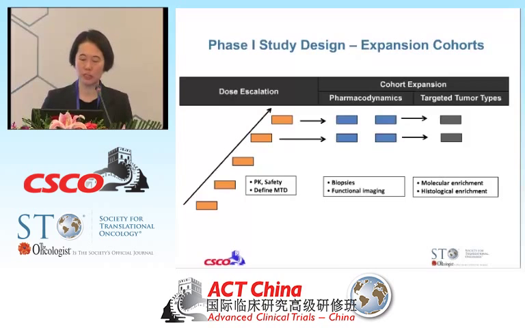Or another reason is you want to start thinking about where to go next. So you're looking at either molecular enrichment. If you weren't going to enrich from the onset, you want to start enriching only at the MTD or recommended phase 2 dose. You might want to do it in the expansion. Or histological enrichment, where you're only interested in certain tumor types. You want to start looking at that. I think it's very important for us to emphasize that the expansion cohort does not equal your phase 2 trial at this point. And we need to understand that these are usually very small groups that allow you to understand a bit more about the dynamics as well as the potential tumor types or molecular profiles that should move forward to phase 2.